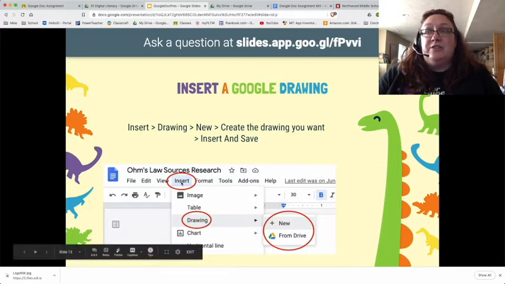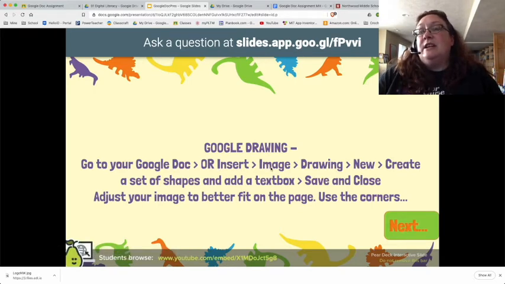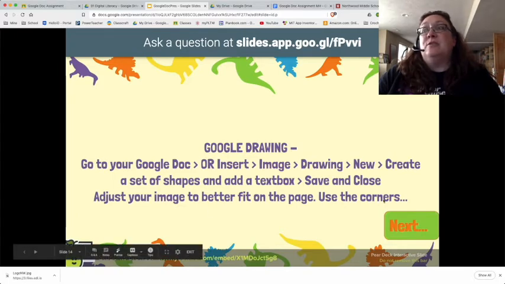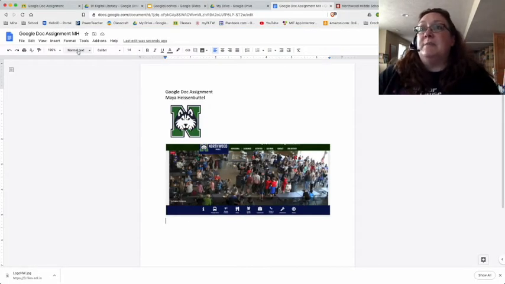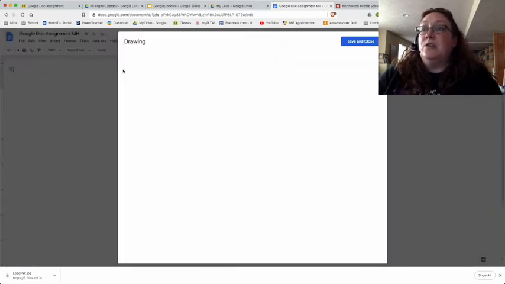So there's the insert, there's the drawing, new. Okay, I can do that. So what we're actually going to do is we're going to go to the Google Doc. Or insert, image, drawing, new, create, set a set of shapes, add a text box, save and close, and adjust your image to better fit on your document. So I'm going back to my document, insert, drawing, new,